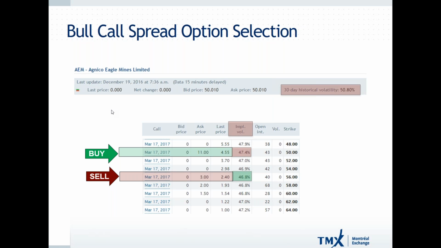So as you can see here, when we compare the two option contracts that we're utilizing, we're paying an implied volatility of 47.4% with the long call at the 50 strike, but then we're collecting through the 56 strike premium an option premium with an implied volatility of 46.8%. So we are in fact almost completely offsetting the influence that any expansion or contraction of implied volatility will have on this position,